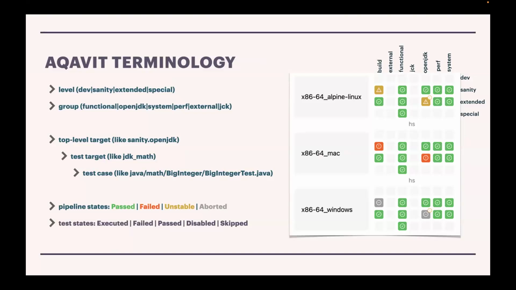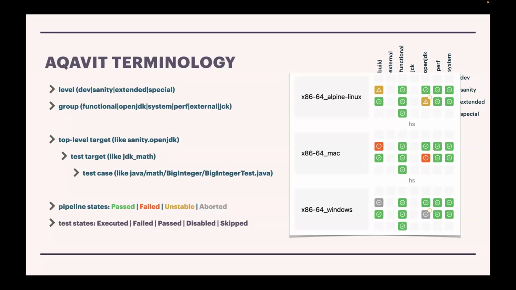at the project, just for people's reference, to help see that when we're talking about levels and you're looking at a grid view in TRSS, you're looking at those rows. When we're talking about groups and how we group different test material, you're looking at the columns. And we have different groups that are often related in what they do or where the tests come from. So things like OpenJDK are what's often referred to as JTReg tests from the OpenJDK project,